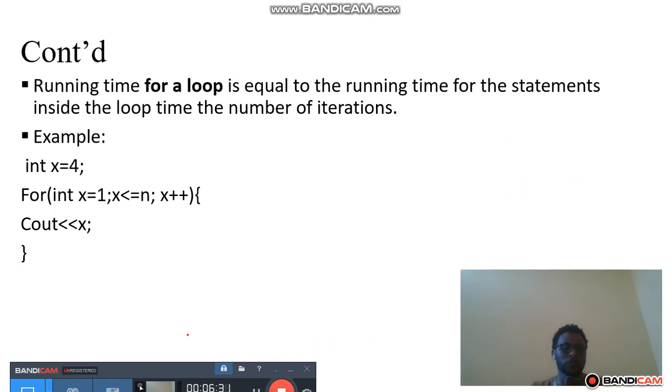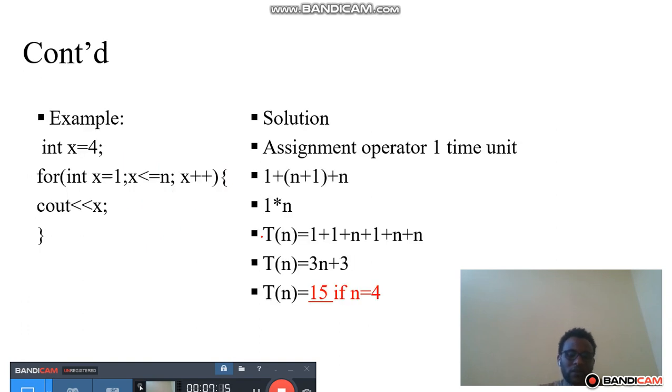What about the running time for the loops? Running time for a loop is equal to the running time for the statements inside the loop times the number of iterations. ስለዚህ this one is an assignment operator, it takes 1 time unit, this one also takes 1 and this one is executed up to n plus 1 times, this one is executed up to n times and this one is executed, ይሄ loop ስለሆነ this one is executed up to n times execute ይደረጋል ማለት ነው። ምክንያቱም loop ውስጥ ነው ያለው ስለዚህ loop ውስጥ ስለሆነ n times execute ይደረጋል።